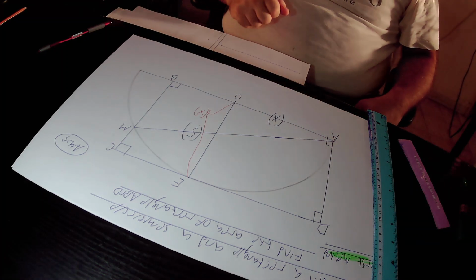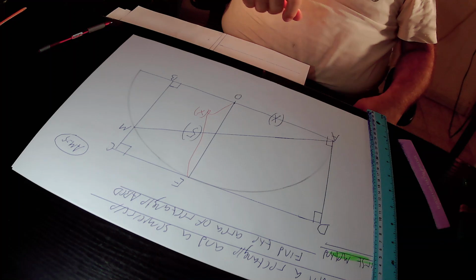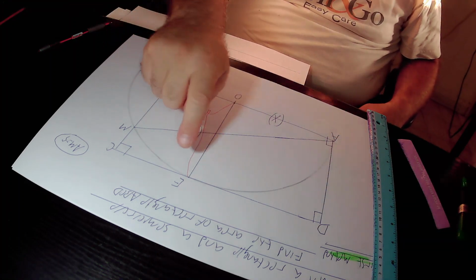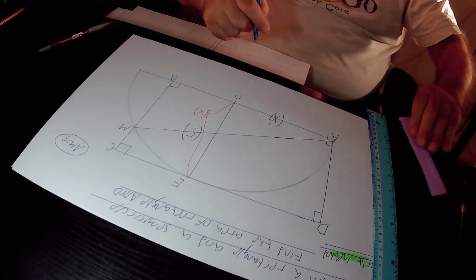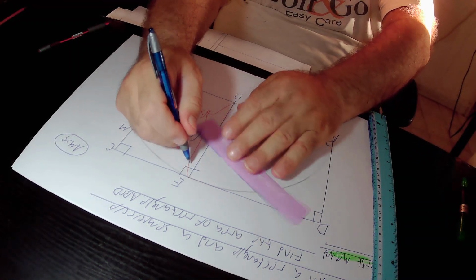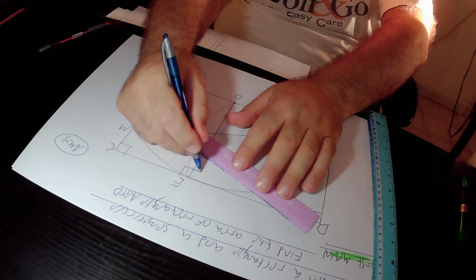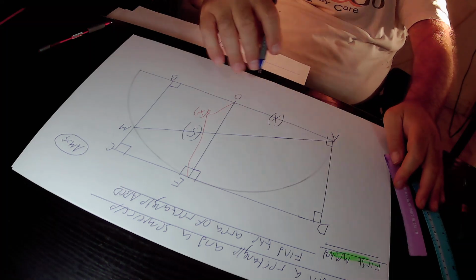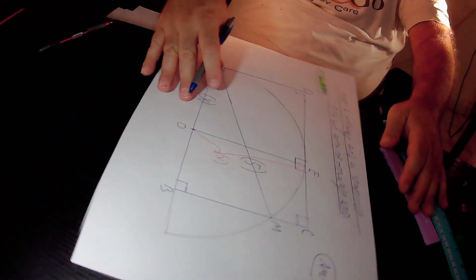Whenever a radius is drawn to the point of tangency, the tangent DC will be perpendicular to the radius EO. If DC is perpendicular to EO, then this angle equals 90 degrees. And this angle also equals 90 degrees, according to rule 1. So by doing this construction, you can deduce the small quadrilateral